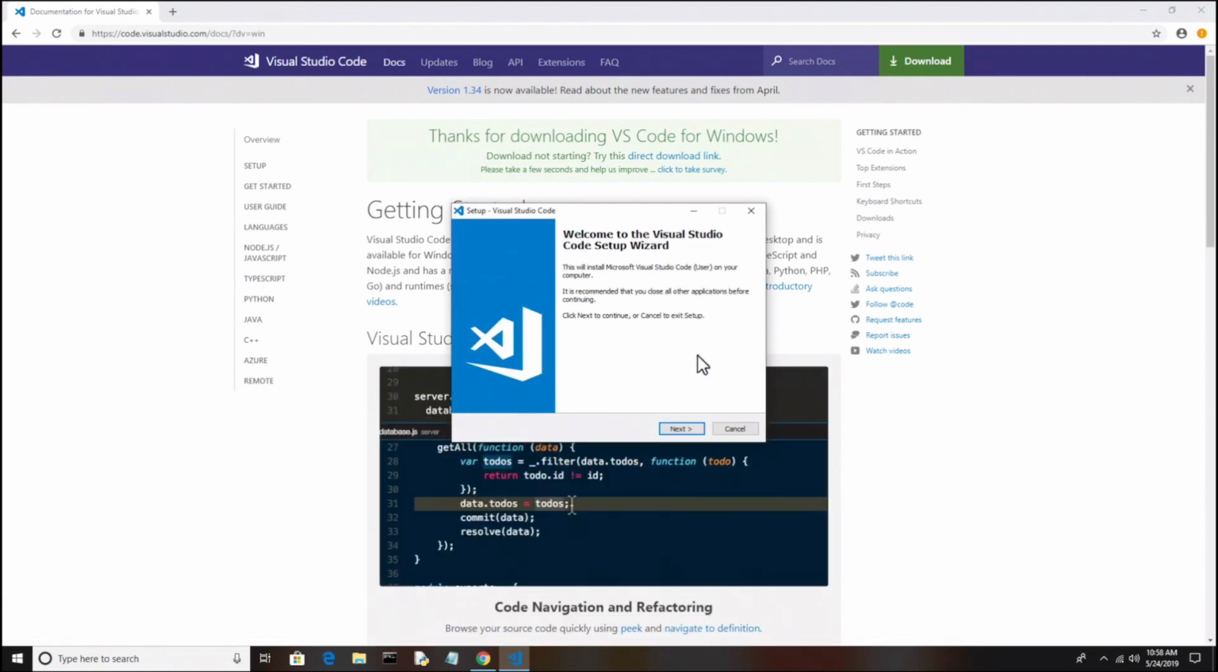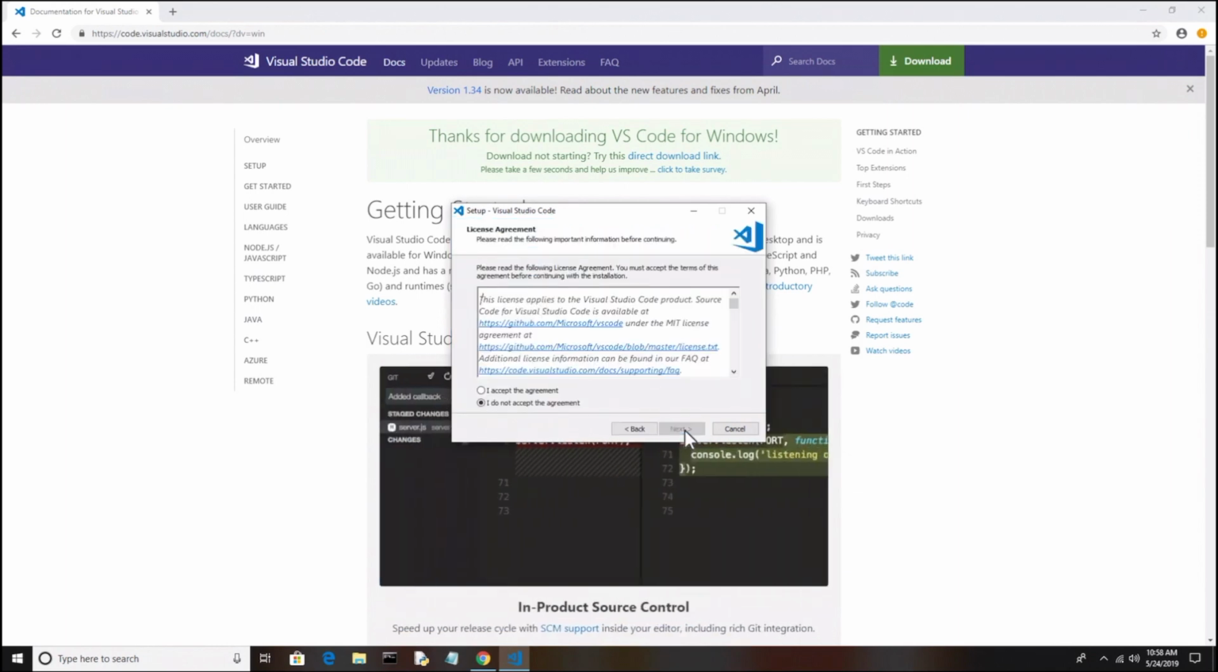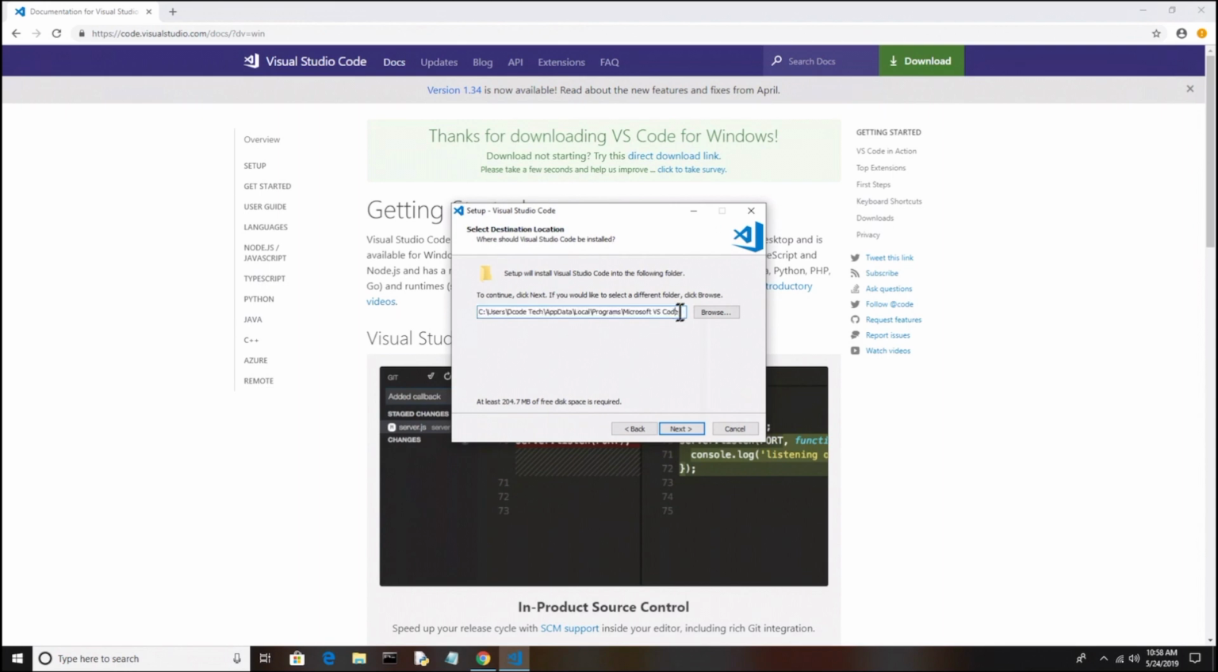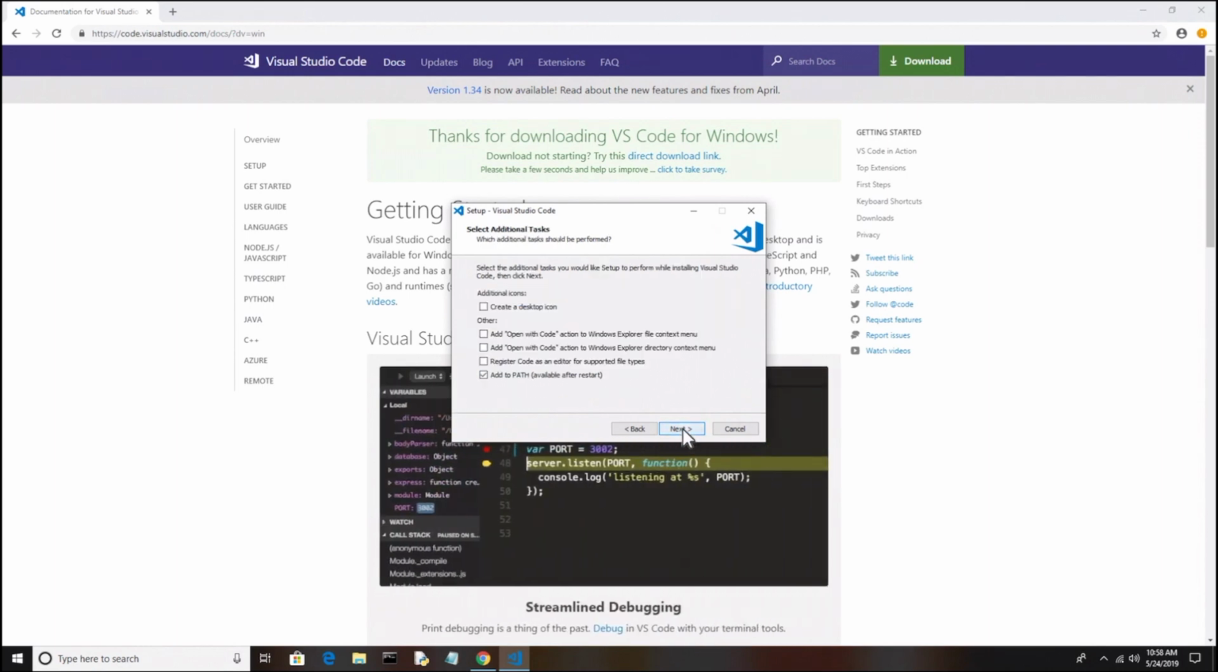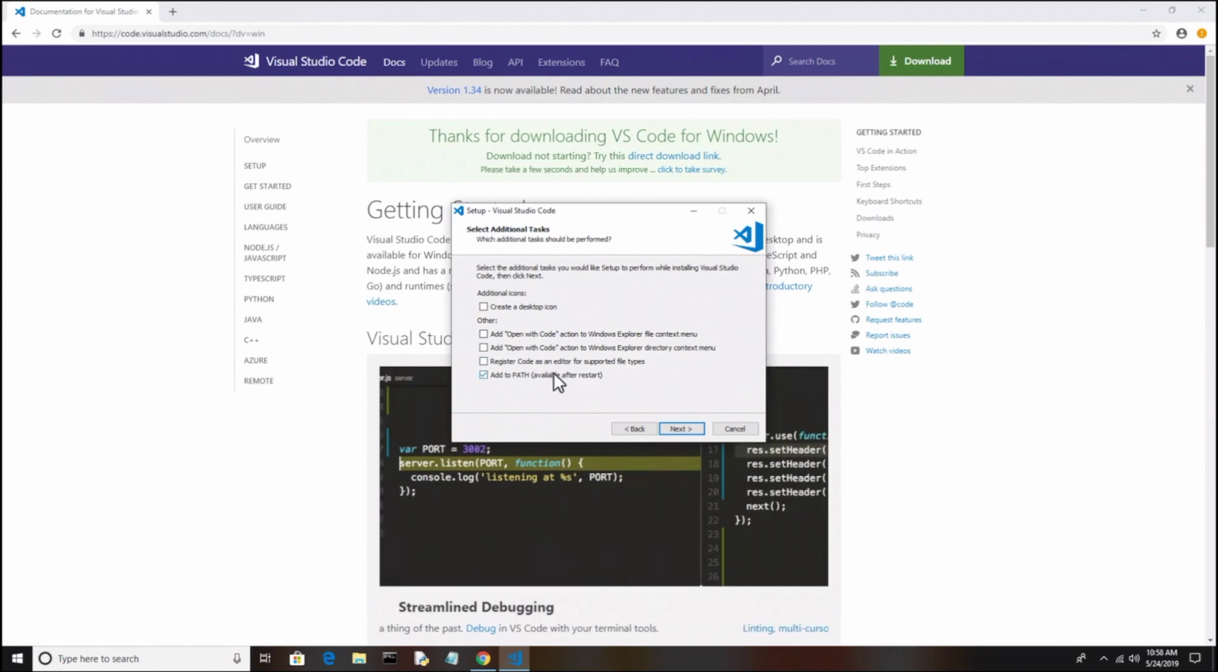Once you have the installer, you can just hit next. You need to accept the license as normal. Here it tells you the path to where it's going to download Visual Studio. Hit next, and next again. And here you can select if you want a desktop shortcut, and